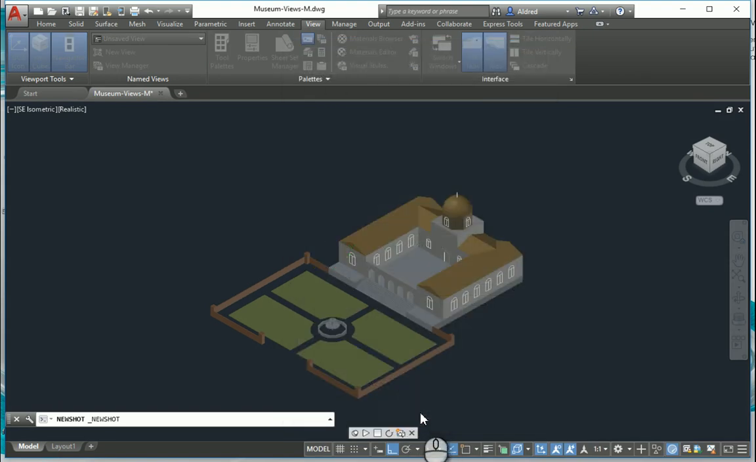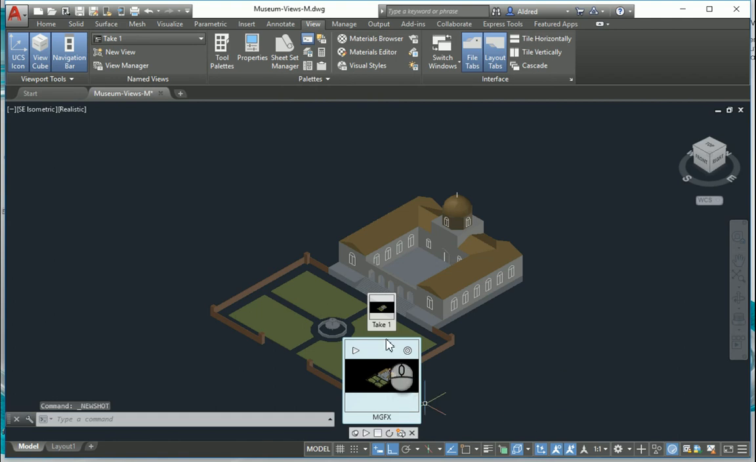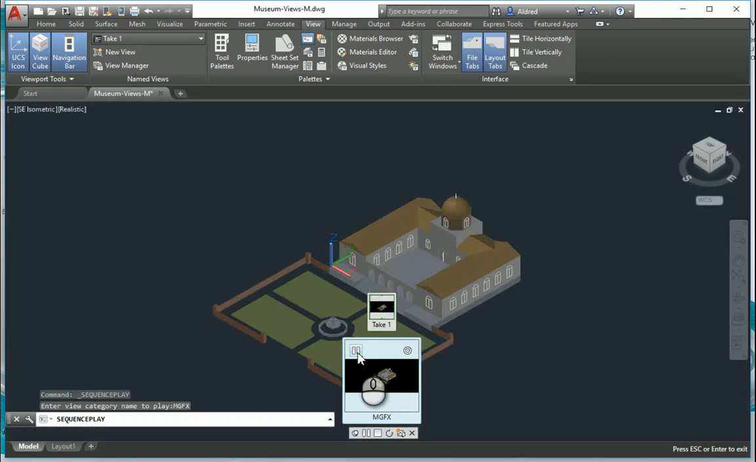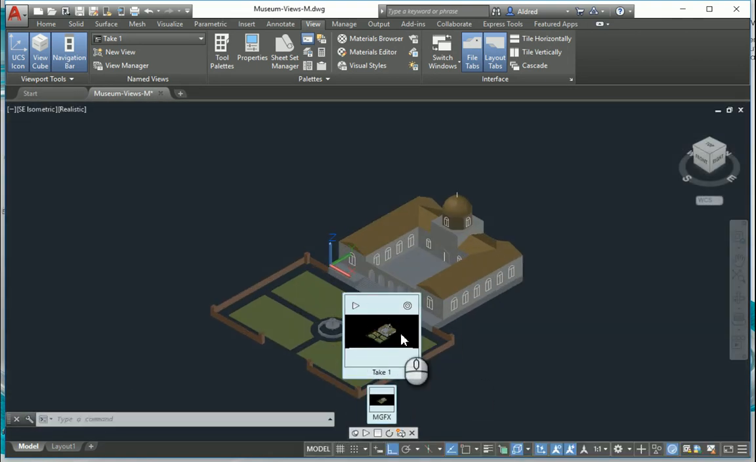Okay, and I click on OK. So now what happens is you'll see you've got your MGFX category over here, and I can go and play the shot over here as well. So there we go, there's my shot that I've played. Now I want to make a Take Two. So I'm going to go back to my new shot,